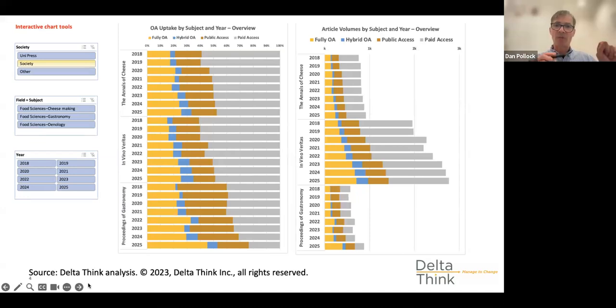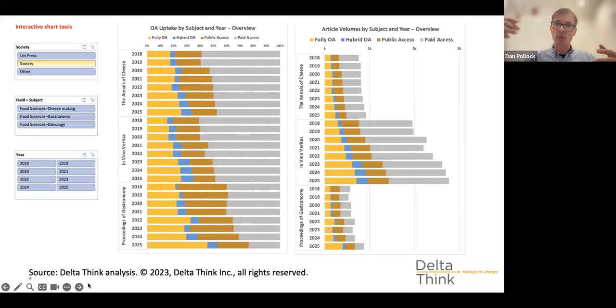So for the sake of not giving everyone death by PowerPoint during this presentation, we haven't broken out every possible category. But yes, we have done some work when people have said, we want to know what are the patterns on transformative agreements, how much is the uptake happening, what journals might fall within them. And so, yes, we can do that.